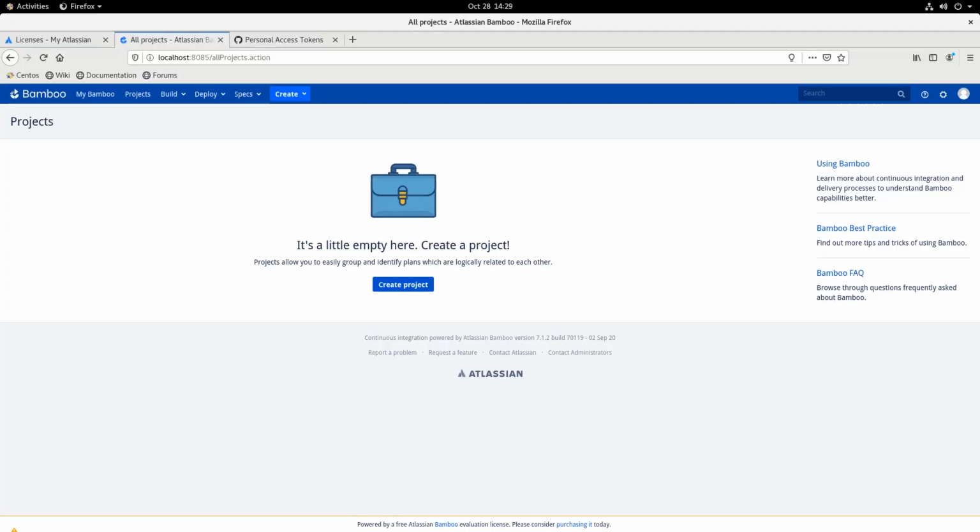So now we are going to configure the Bamboo build plan. The Bamboo build plan consists of a project. In the project there is a build plan. In the plan there are many tasks that you can execute, for example, zipping the source code file or building it in MS Build, or even testing the code. So for example, if you push your code on GitHub, it automatically sends it to Bamboo. Bamboo builds the source code, it checks it, it tests it, it zips it, and then after the build plan